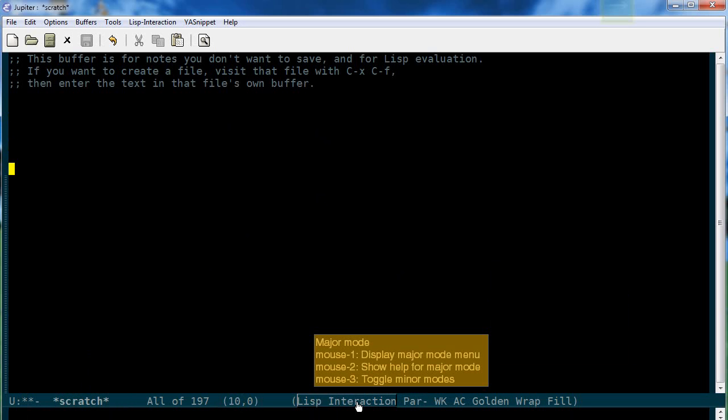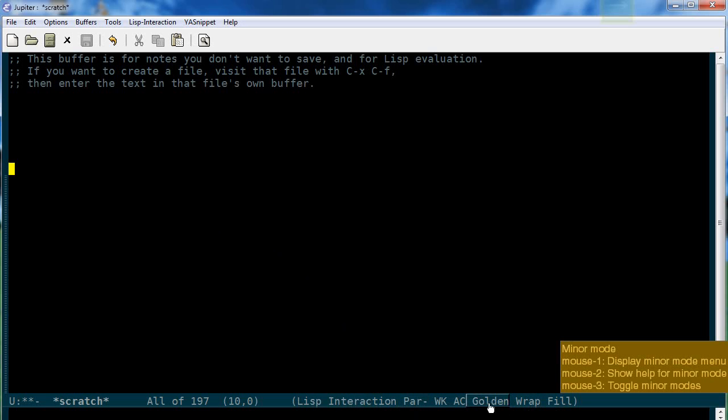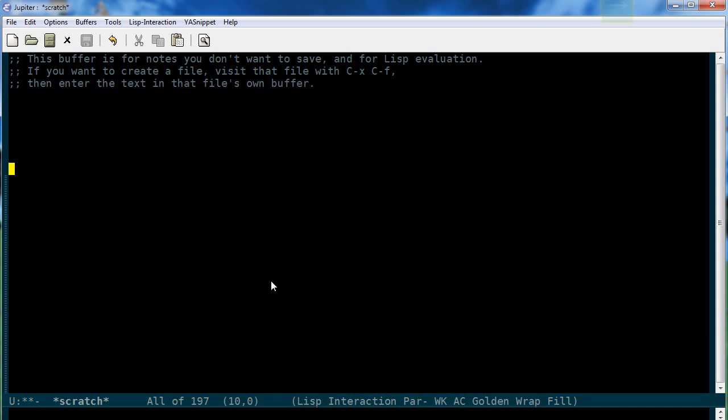This is a list of interaction. So a major mode is a set of functions and key bindings that works when you're working with a particular type of file or when you're trying to do a particular type of job. To each major mode, there are some minor modes you can attach. These are various minor modes that are attached to this major mode. So we can look